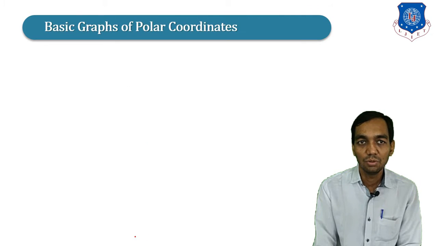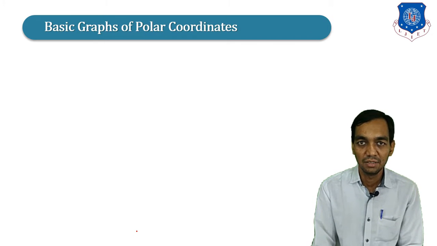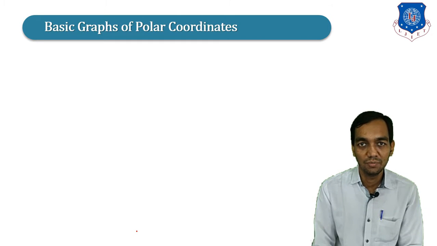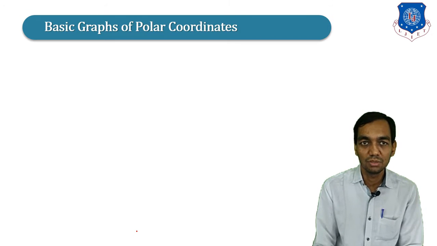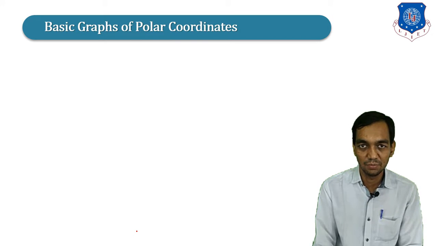So this is a simple example where limits are given. When limits are given, we use simple integration as we have done in the Cartesian form. But now if the limits are not given and you have to put the limits by yourself, then in that case we are going to use some standard polar curves in the polar coordinate system.